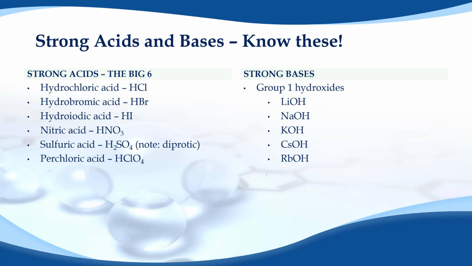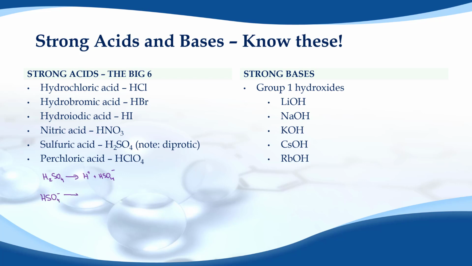Now, one thing to keep in mind about sulfuric acid is that it's what's called a diprotic acid. Diprotic meaning that it will lose protons twice. So what you have is H2SO4 will lose a proton to become HSO4 minus. Then this HSO4 minus,